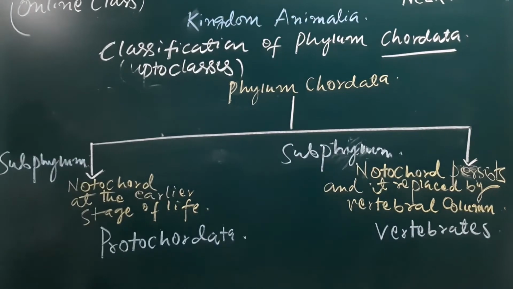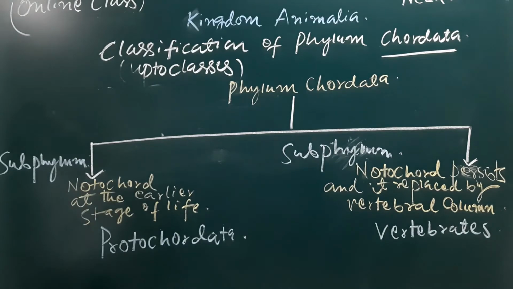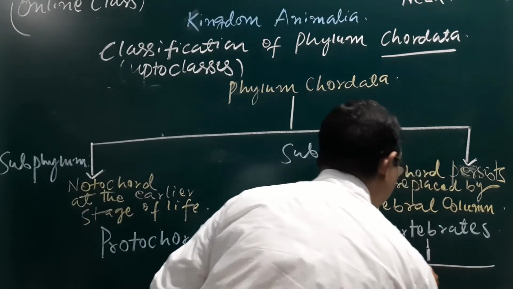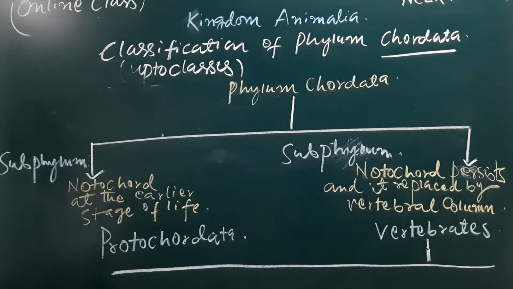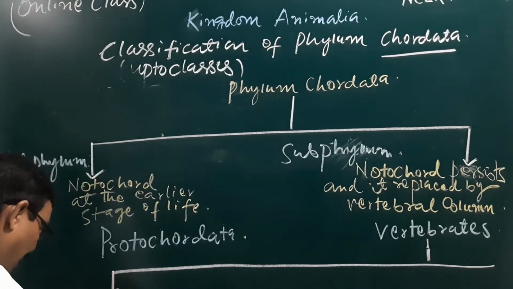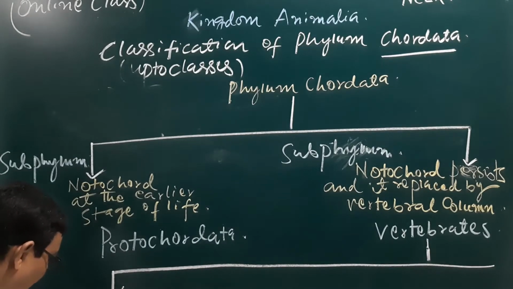Now up to classes I have written here. Why? Because we may again classify these vertebrates into 5 different classes. What are these 5 different classes? The first one is the Pisces,